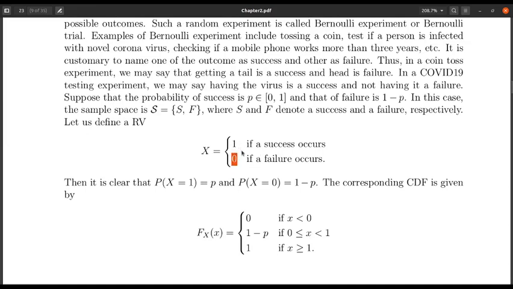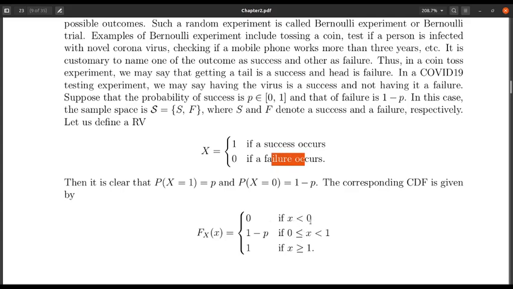Note that this 1 and 0 is again just some number. I can take it as 1 and 2, or 5 and 10, or 1000 if a success occurs and 1001 if a failure occurs. It is completely up to us what values I assume, but the thing remains the same. The only difference is that the distribution function changes in the sense that the jump will be in a different place. Suppose I take X equal to 1000 if a success occurs and X equal to 1001 if a failure occurs, then basically this function turns out